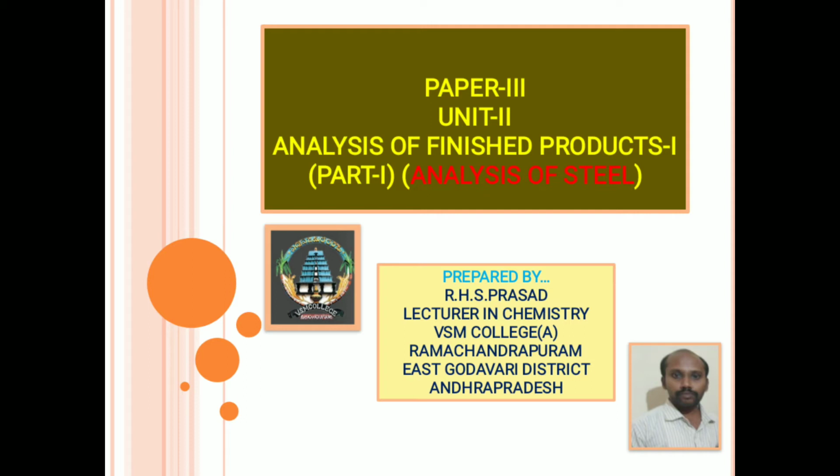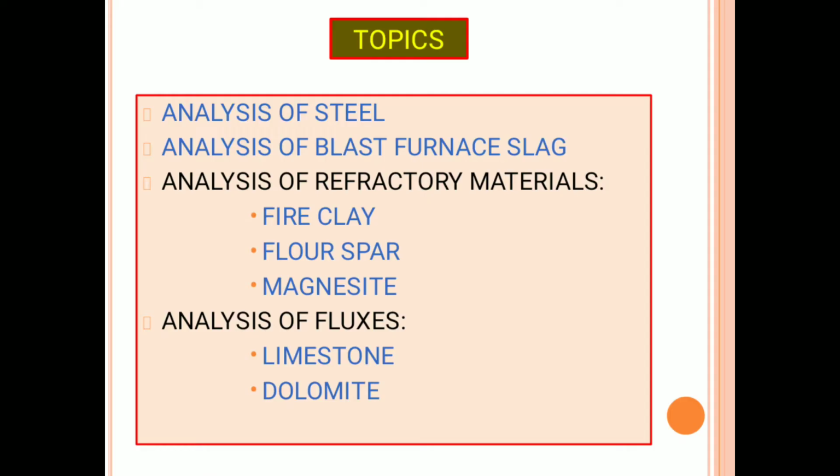Today onwards, we are going to discuss the second unit in paper 3, that is, in second year MSc Analytical Chemistry, third semester. The name of the unit is Analysis of Finished Products. So, in this unit, the topics which we are going to discuss are: first one is analysis of